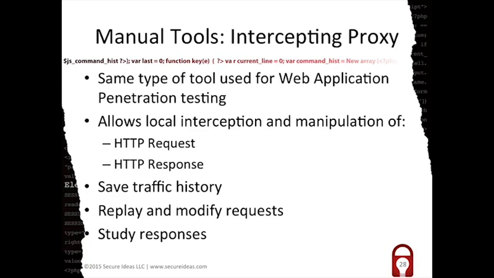So the main tool that we're going to use is the same tool that we're going to use for web application pen test. You're going to use your intercepting proxy. Basically, an intercepting proxy, if you're not familiar with it, is a tool that you use to intercept your HTTP requests between your browser and your server. And you can then make changes to that request or replay that request multiple times. You can manipulate it. Nice thing about it is it also saves all of your history,